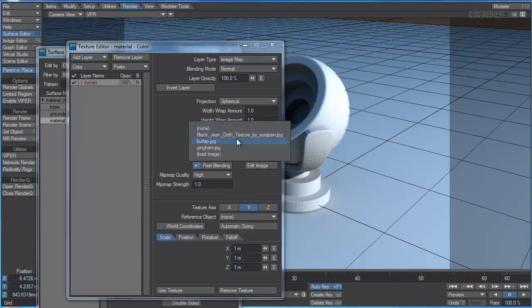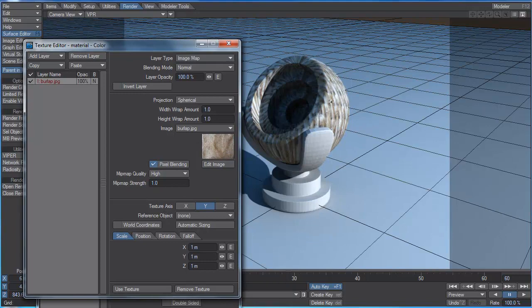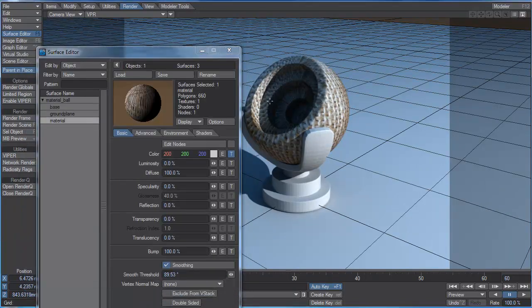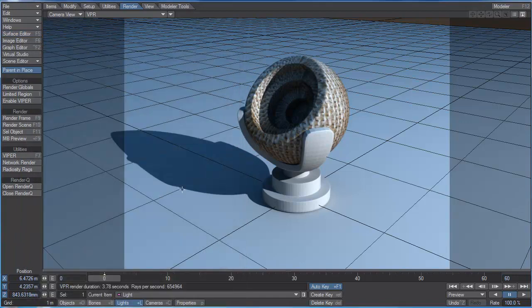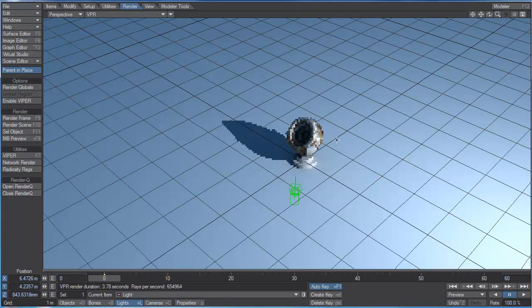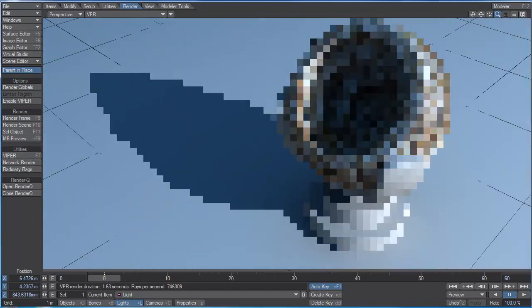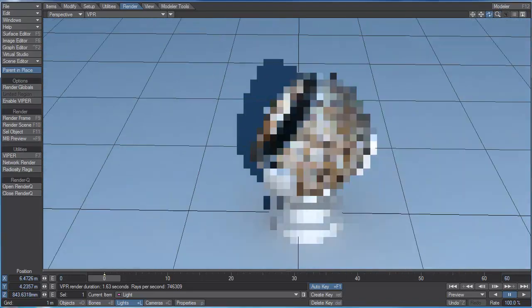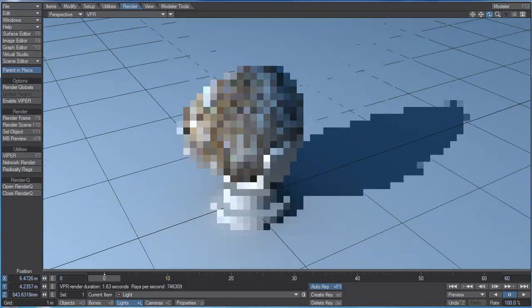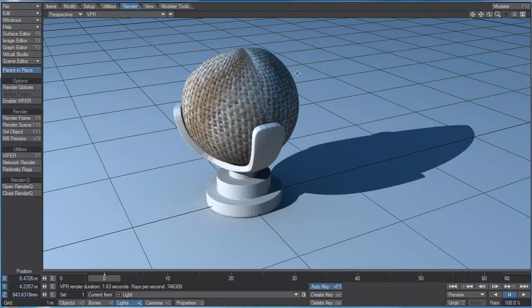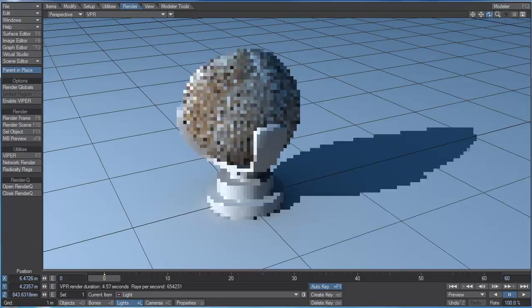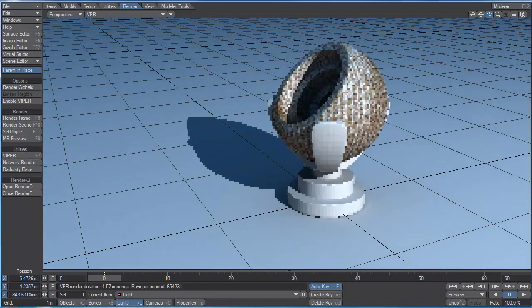And we're going to select the burlap image. There it is. Let's auto size it to make it fit. And let's take a closer look at that. Go into the perspective view. So you can just zoom in and poke around at this thing. So that's simply a color map on the ball, and that does not look very convincing unless you're from a distance,